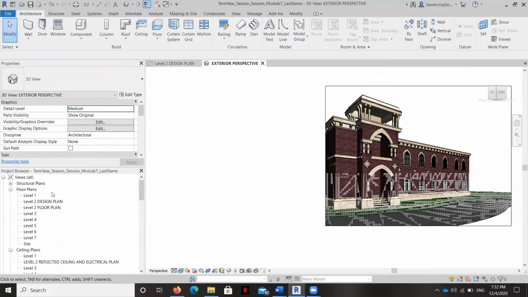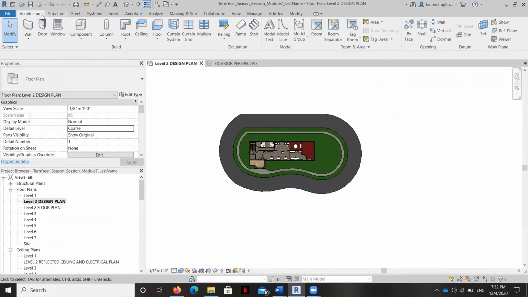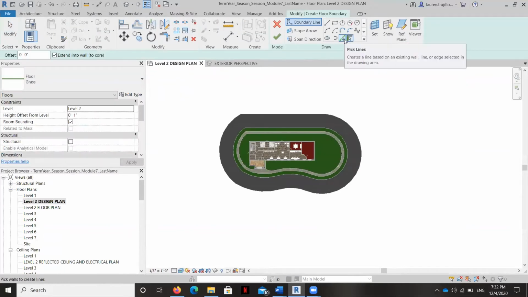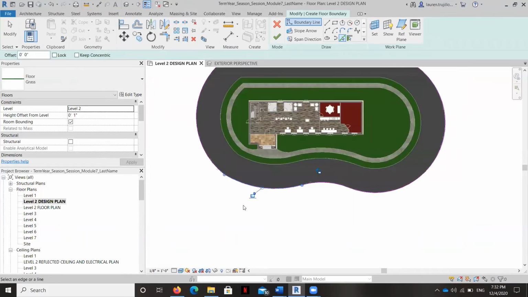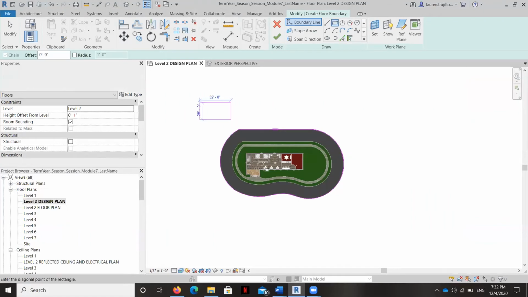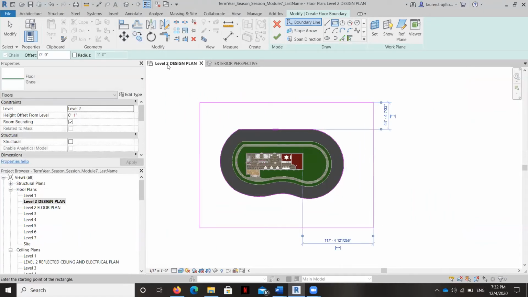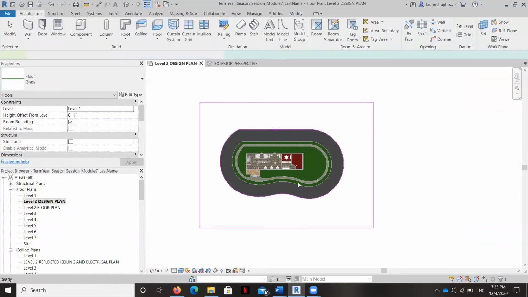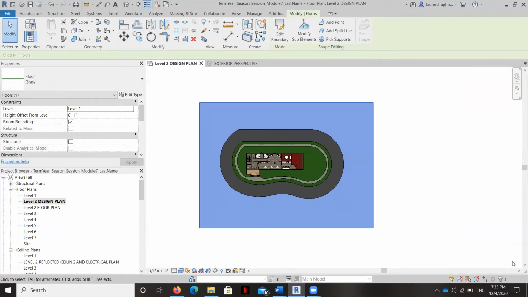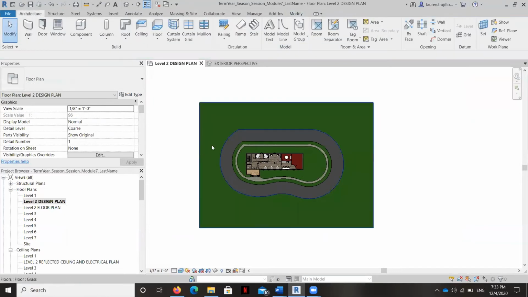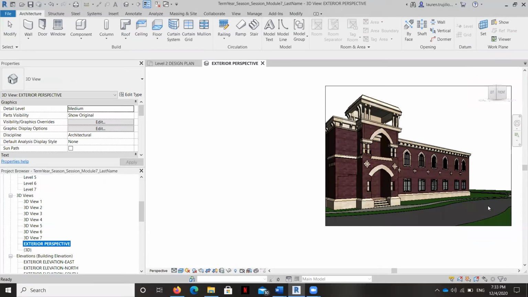So let's go ahead and finish our last series of lines. And now you've got some nice landscaping right there. But we are not done yet.